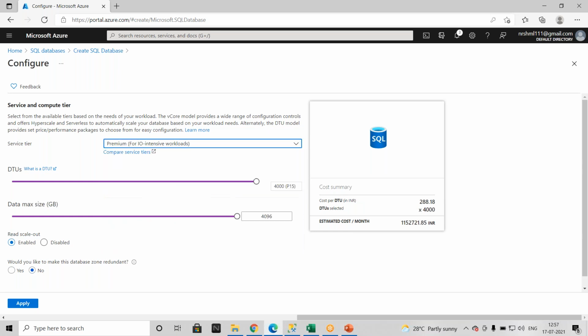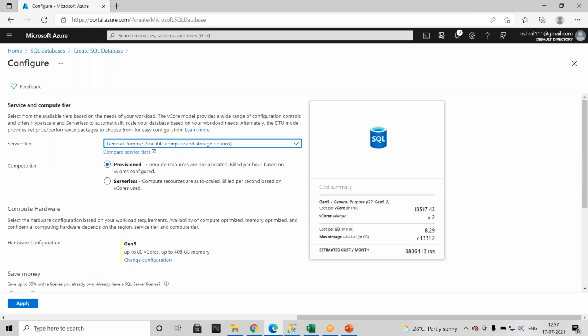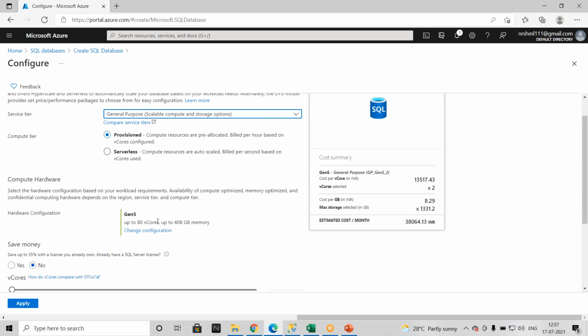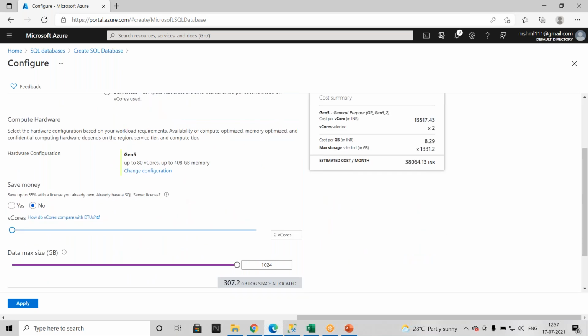When you go for the vCore purchasing model, we have general purpose, business critical, and hyperscale. When you go for general purpose, there are two compute tiers: one is provisioned and one is serverless. We'll discuss provisioned and serverless a lot. For compute hardware, maximum you can go up to 80 vCores and your storage can be 4 terabytes.